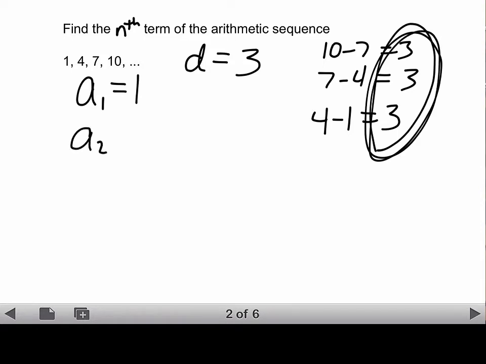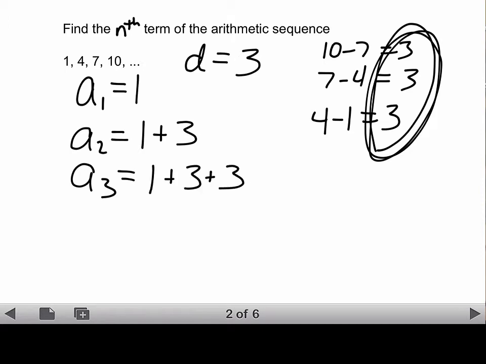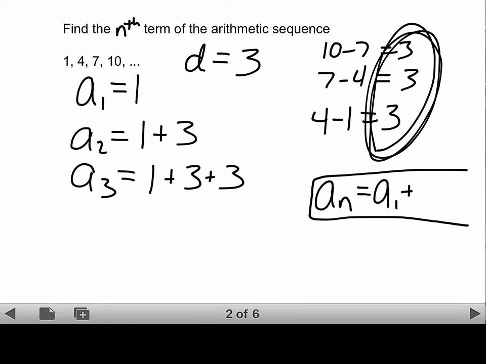Notice that the second term is what happens when we take the first term and add the common difference. The third term is what happens when we take the first term and add the common difference twice, just as we said before. So, keeping in mind that the nth term of an arithmetic sequence looks like a sub n is equal to a sub 1 plus n minus 1 times d, our nth term for this sequence, 1, 4, 7, 10, is going to be a sub n is equal to, a sub 1 is the first number, the first term,